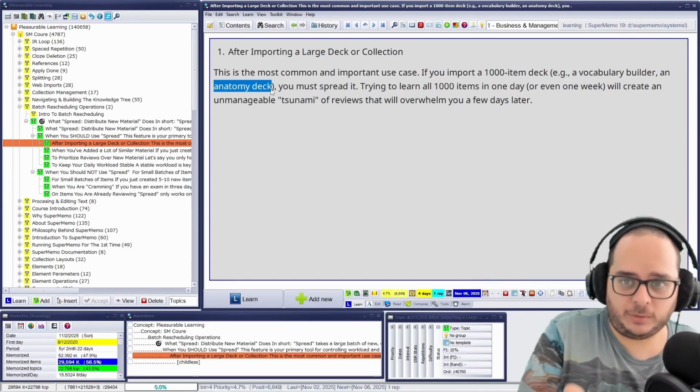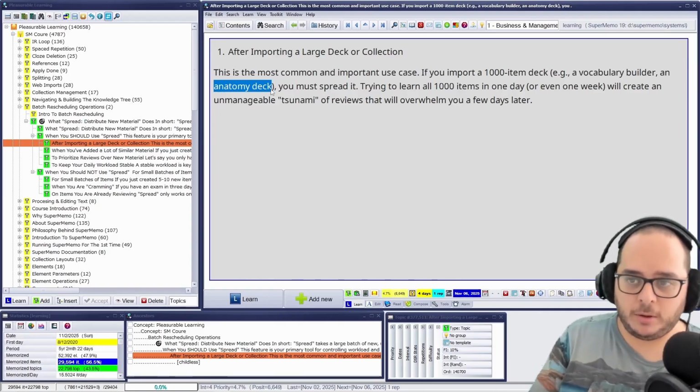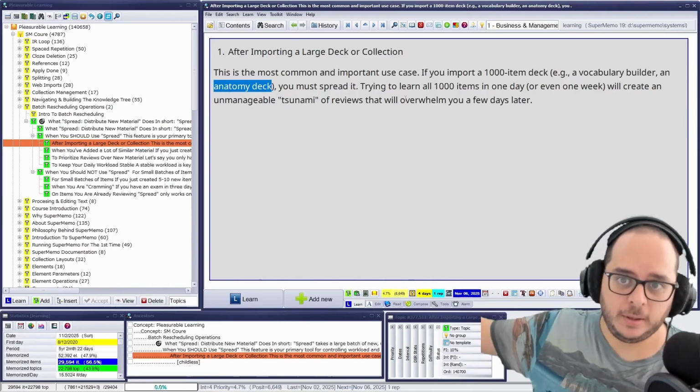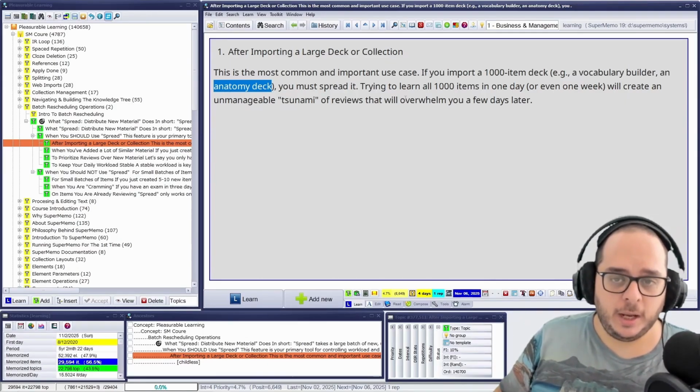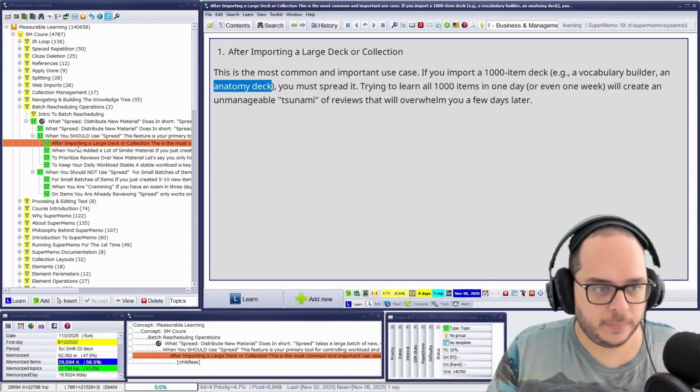This is an outlier already. If you use incremental reading and you haven't used any other app before, you start from scratch. With incremental reading in SuperMemo, you're not going to see this flow.